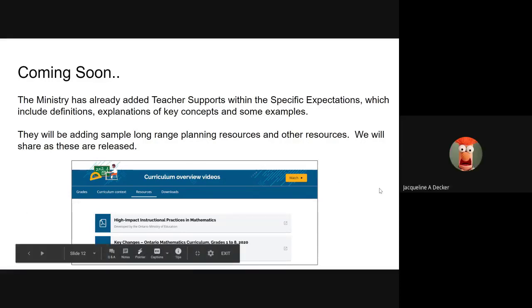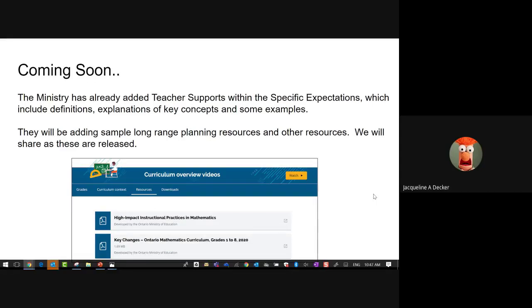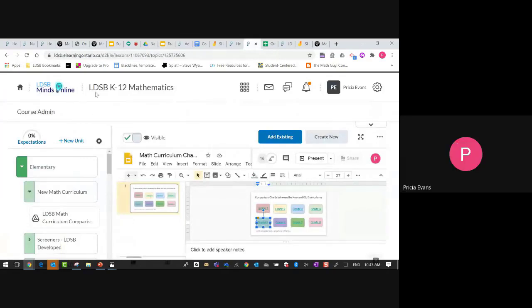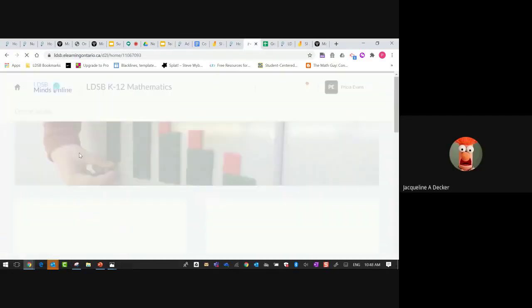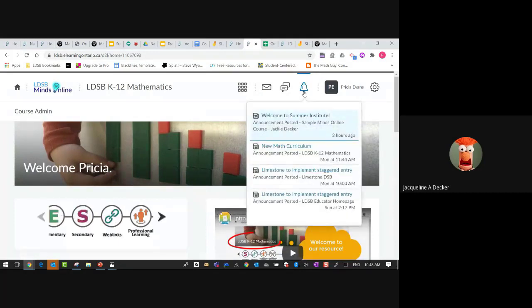There's a question about the K-12 resource update. If you are registered for the K-12 math resource, you'll notice, Prisha, can you open yours for a second since you're presenting? Can you go into the K-12 math? Do you see the little bell at the top of Prisha's screen and how it's got a little dot? If you click on that, any updates will come there.